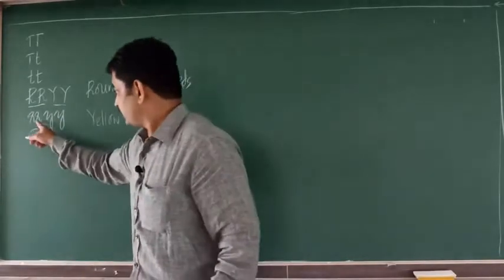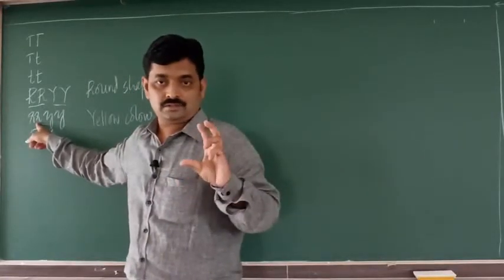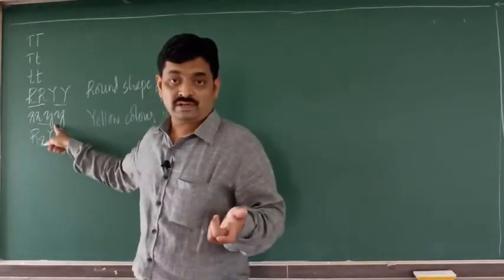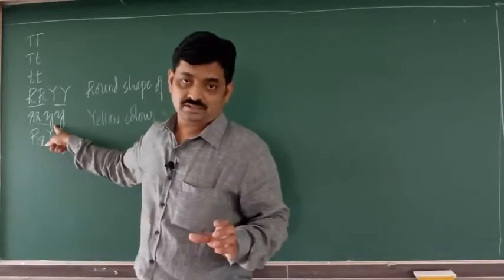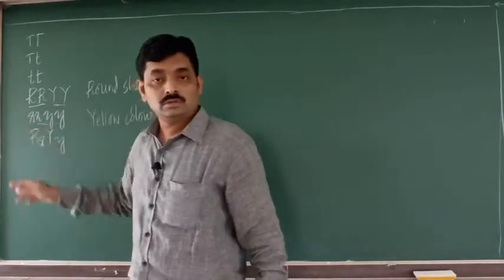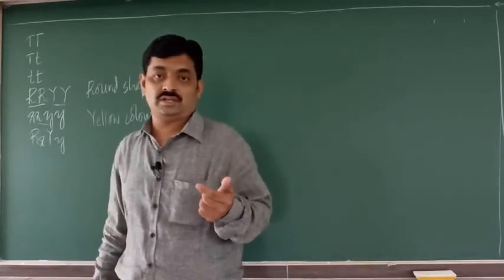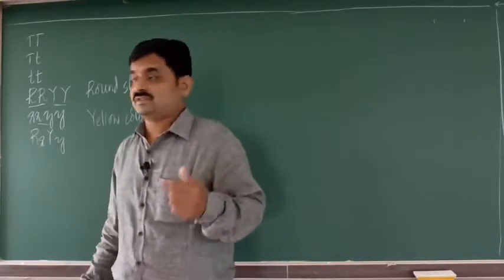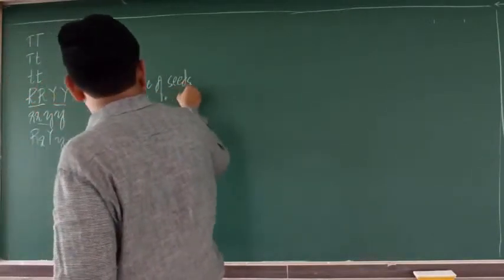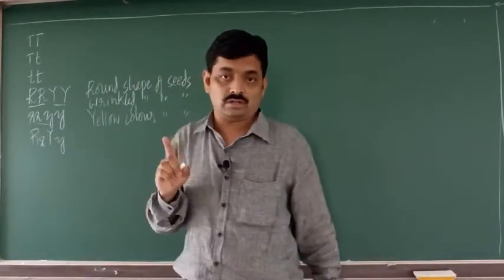So the first pair, small r, both the genes are the same, which means they are recessive genes. So this is the homozygous condition. The second pair, small y, are also recessive genes, two similar genes, homozygous condition. So this parent plant is also homozygous. Now what is this small r? Small r is the recessive gene that controls wrinkled shape of seeds.